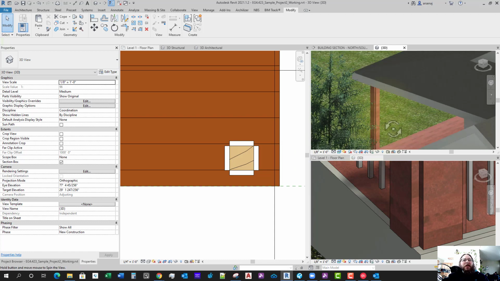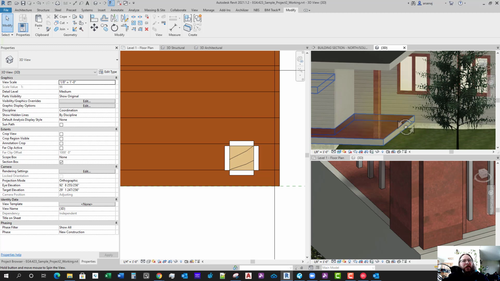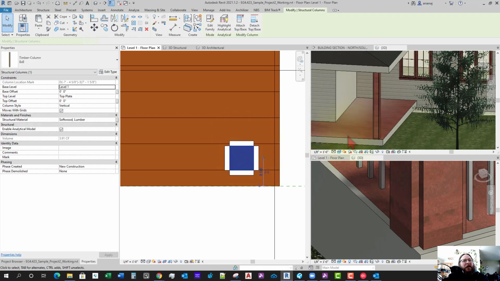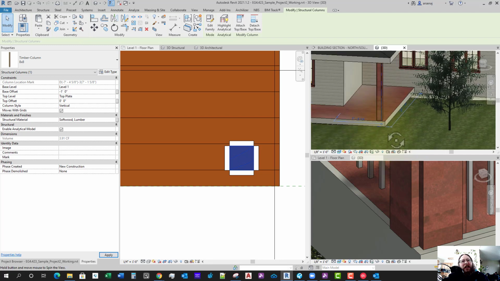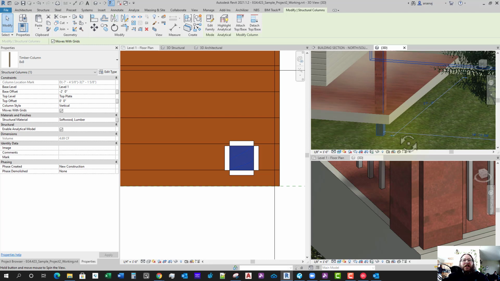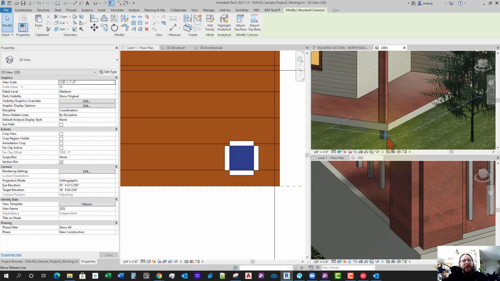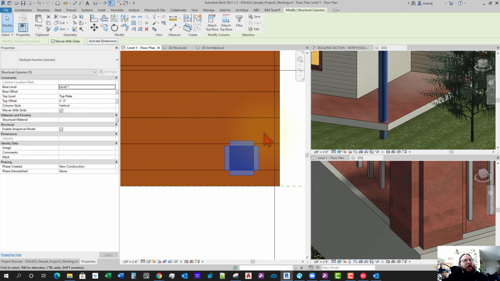The next thing I'm going to do, so that I only have to do this once, is first before I do that, I'm going to grab this column in the center. I'm going to give it a -1 foot base offset so that it sticks below the deck. Oops, I give it a -2 foot offset actually, so that it sticks below the deck and it will support the deck out here. So I'm going to select, in the plan view, I can window over these 5 elements,